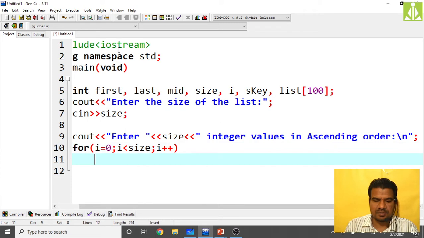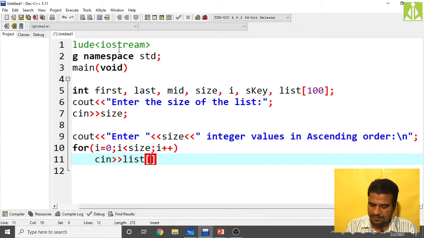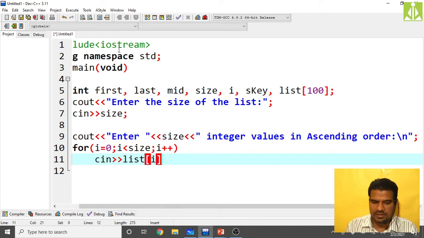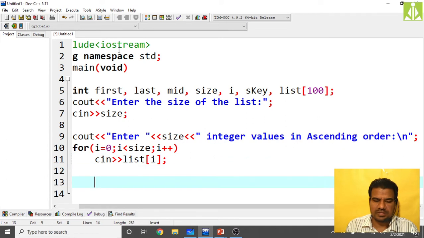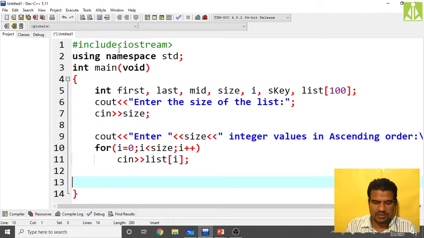Use a scanf statement, sorry, cin statement, to read all those into list of i. That's it. Okay, now the list is with us. So now what we have to do,